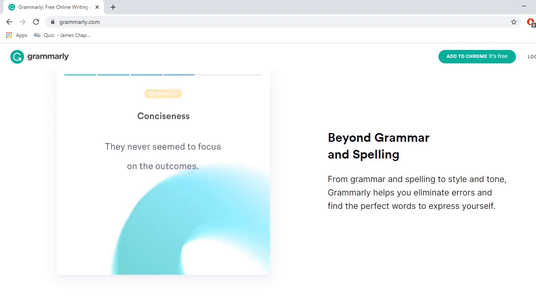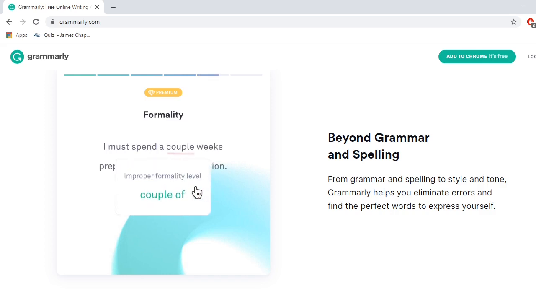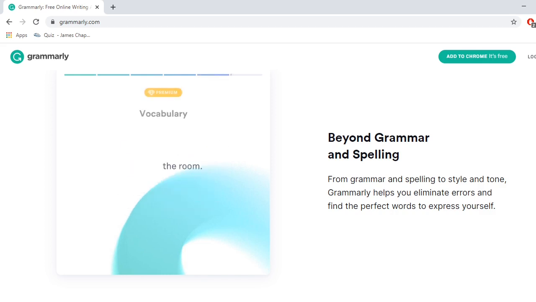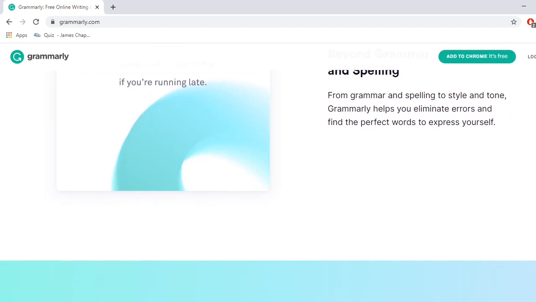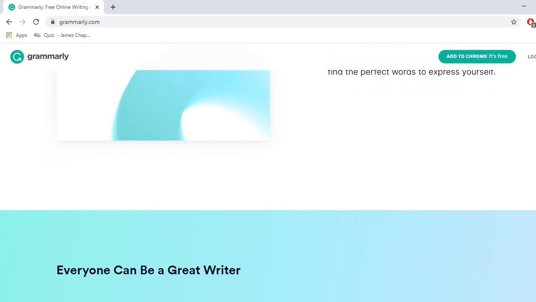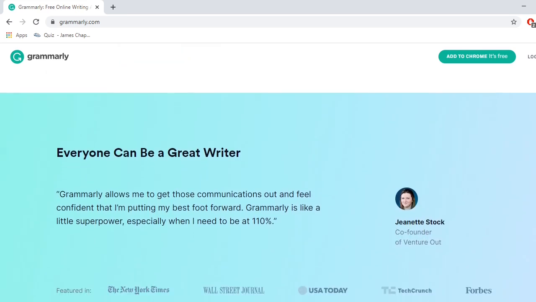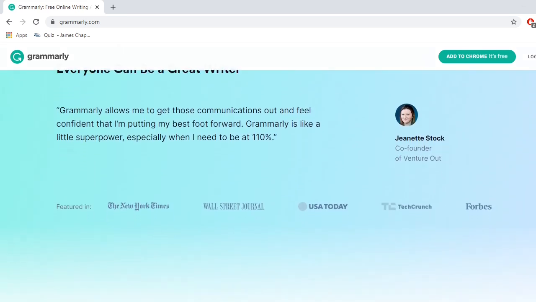Conciseness also, and formality. What is the formality of that sentence? It corrects vocabulary also. So these are all the uses of this Grammarly tool.